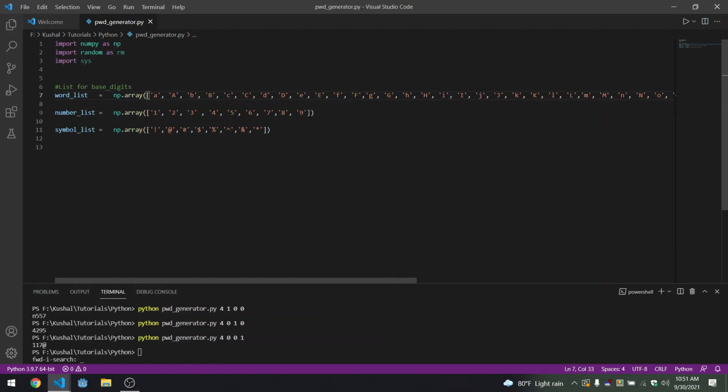I have generated a number list of 1 to 9. Notice there is no zero character here. That means our password will not have a zero character, and I have used these symbols here. You can customize this code, this base number, any way. You can even use other scripts such as Chinese or Devanagari or any other script to generate a password in